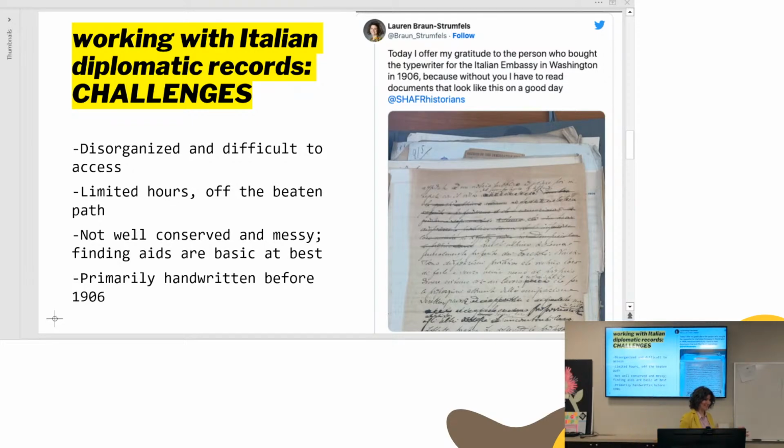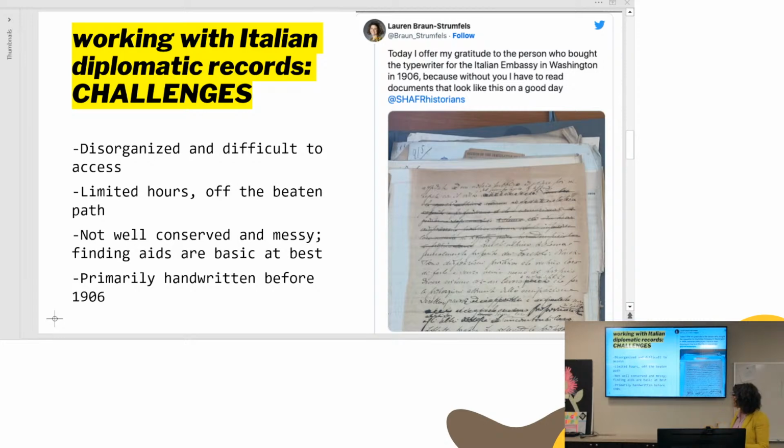It wasn't, right? Because it's not well publicized or well known, and it's in the Ministry of Foreign Affairs, which is off in the corner of Rome, right across from the Foro Italico. For anybody who just went to the soccer game, you were right next door. That's pretty much the only time you're ever going to go over there, probably of your own accord. But that corner of the city is the fascist era buildings, and that's where the ministry is located.